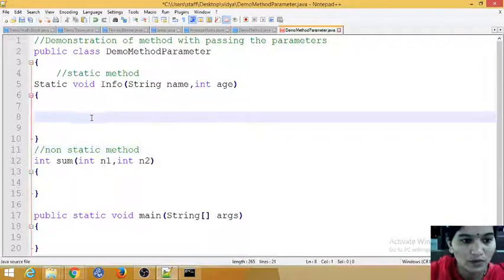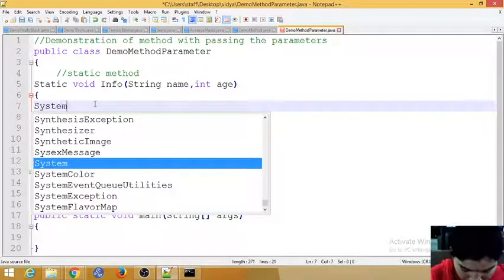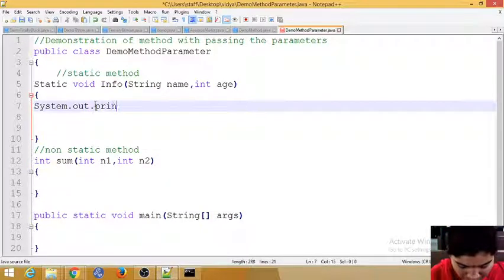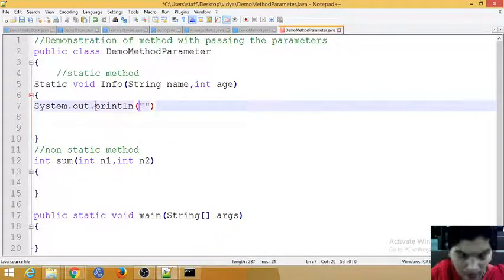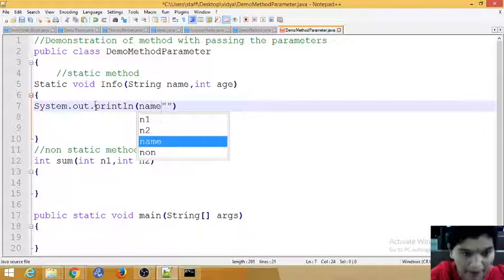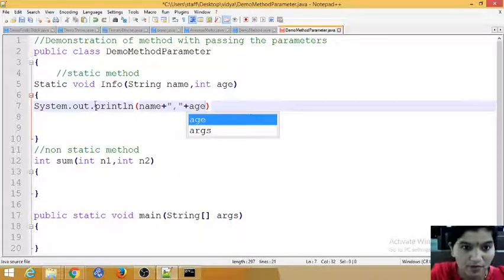Now what we are doing in the static method is just getting the data and printing those values. System.out.println, I am printing the data here: name plus comma, I am giving the age here, plus age.